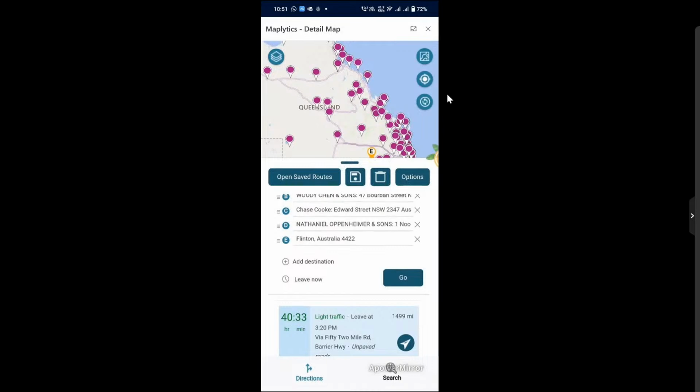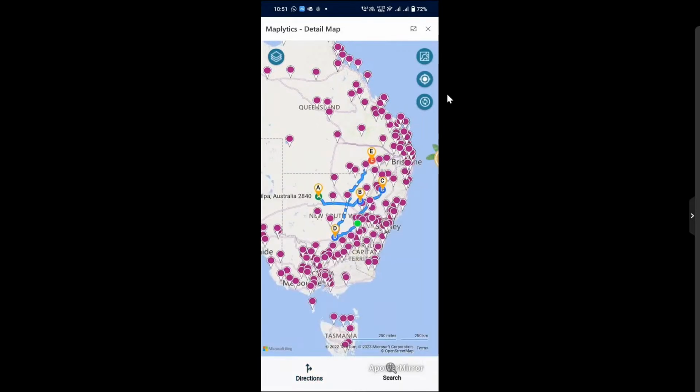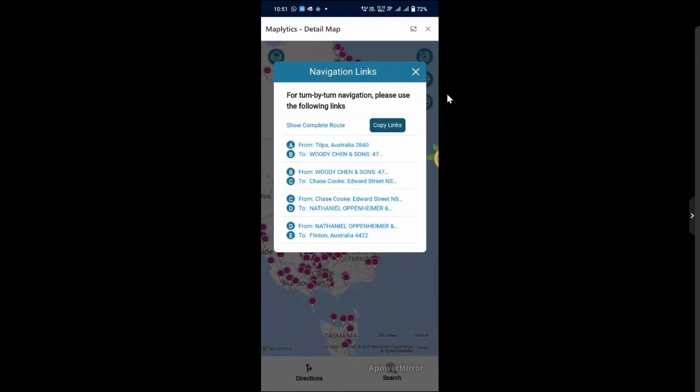Now here, once you have created the route, you will be able to navigate to the respective route as well. So here you can see the links to the route have been shown over here. If you click on these links, this will show you the turn by turn directions within Google Maps